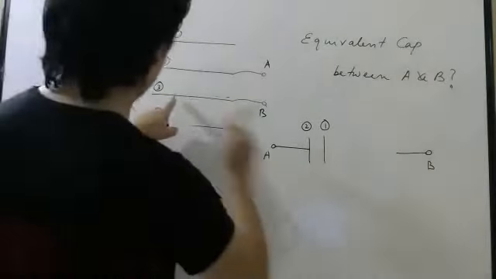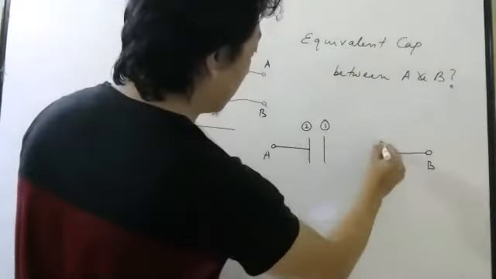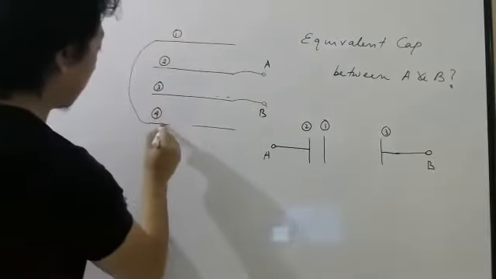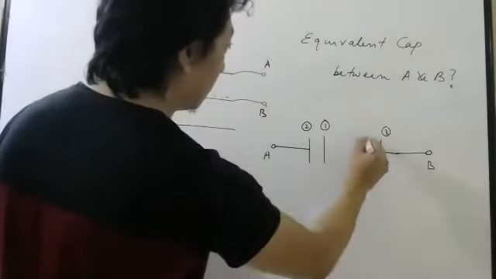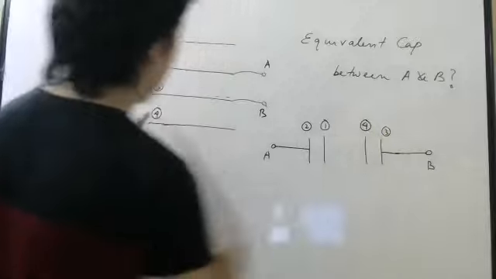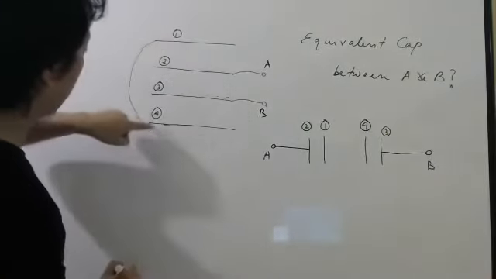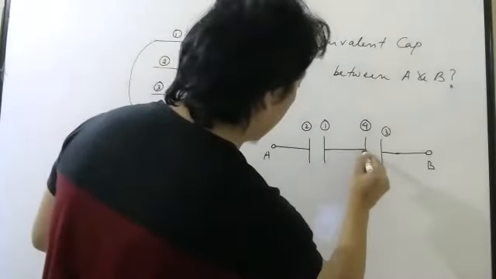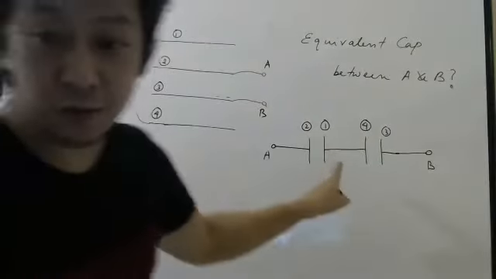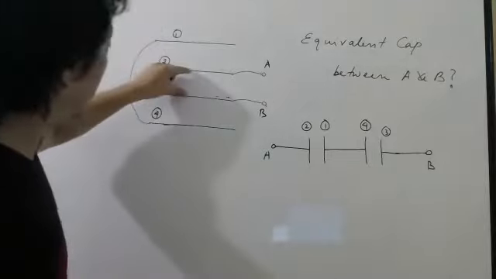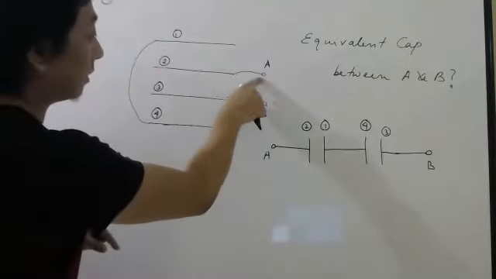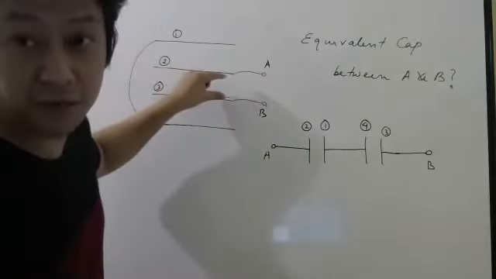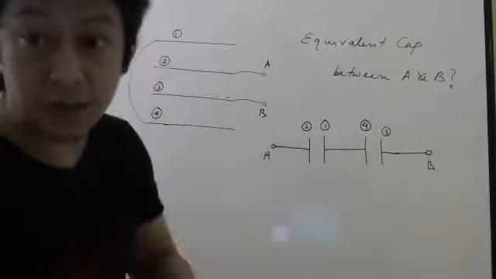Similarly, plate number 3 is connected to B, and it will form a capacitor with plate number 4. And you can see plate number 1 and plate number 4 are connected by a wire. You cannot write only these two, students. One more is there. These two will also form a capacitor, right? This is connected to higher potential. This is connected to lower potential. So there will be potential difference. So these two will also form another capacitor.